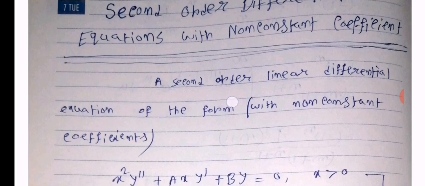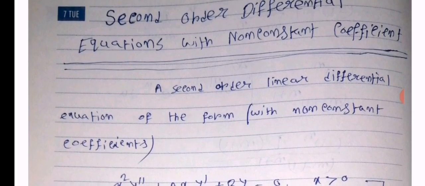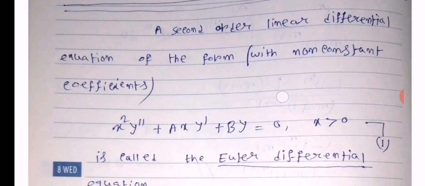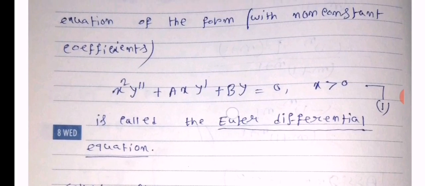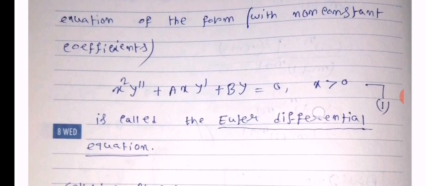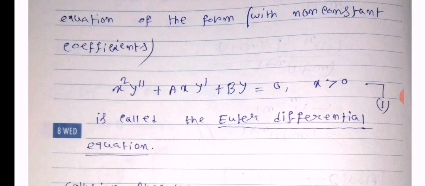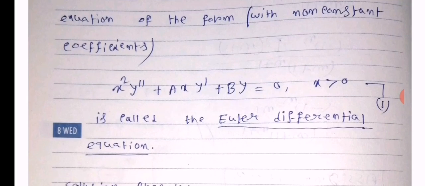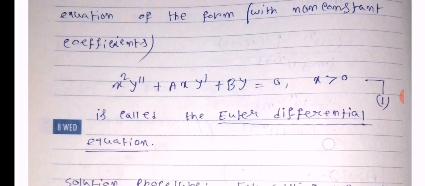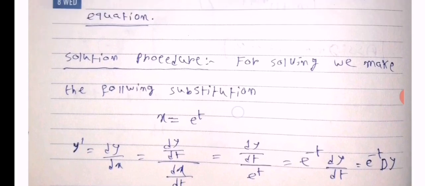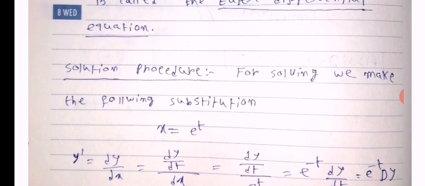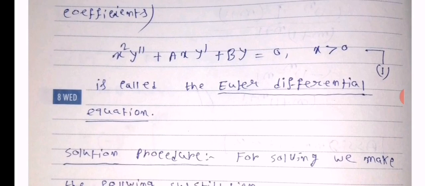So, a second order linear differential equation with non-constant coefficients is of the form x square y double dash plus ax y dash plus by equal to 0 where x greater than 0. So basically for homogeneous equation we need another solving procedure where the coefficients are non-constant. So this equation is called Euler differential equations or Cauchy-Euler differential equations. So the solution procedure is that for solving we need to substitute x equal to e to the power t